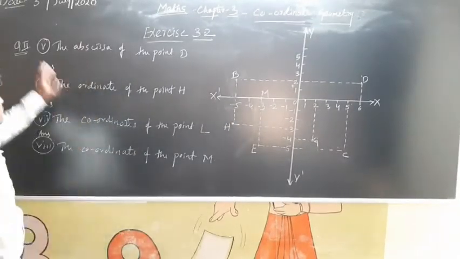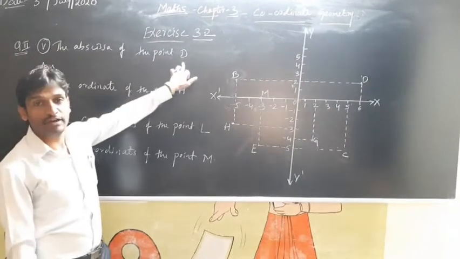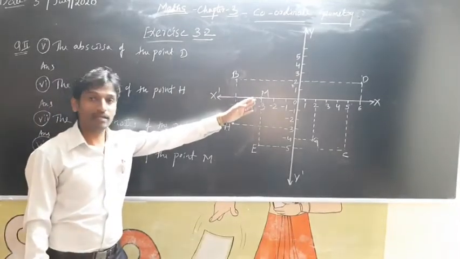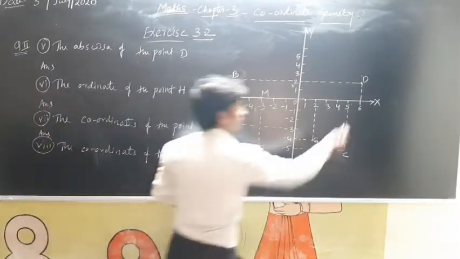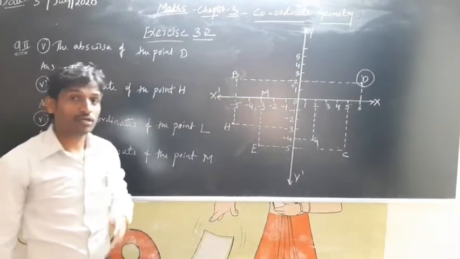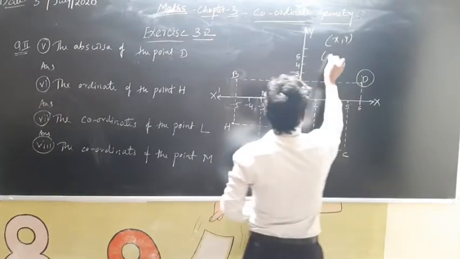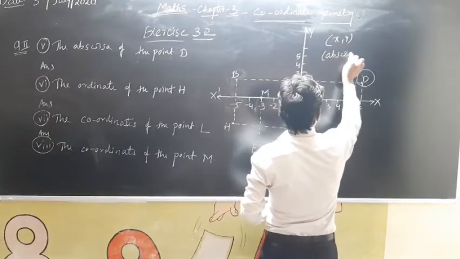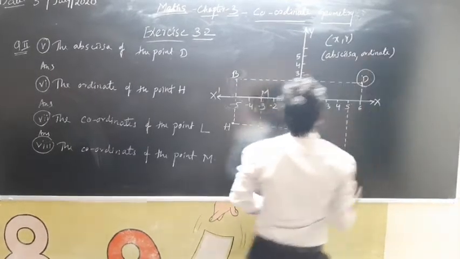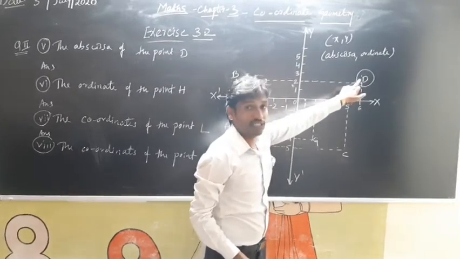Okay, the fifth question is read the abscissa of the point D. We have to find the abscissa of the point D. First, let us try to go towards the diagram where the point D is. We can observe here. Here is the D. Okay, and abscissa means what? As I said earlier, x comma y is known as abscissa comma ordinate. It means if they say you to find abscissa, you have to say what value? X value of the point D.